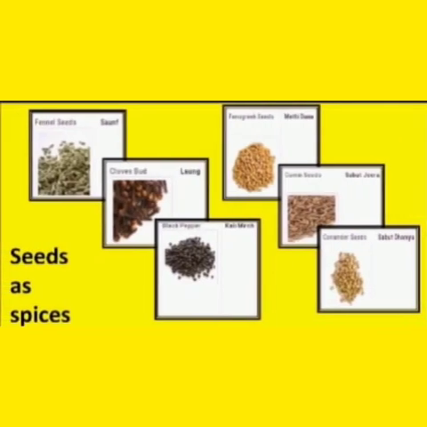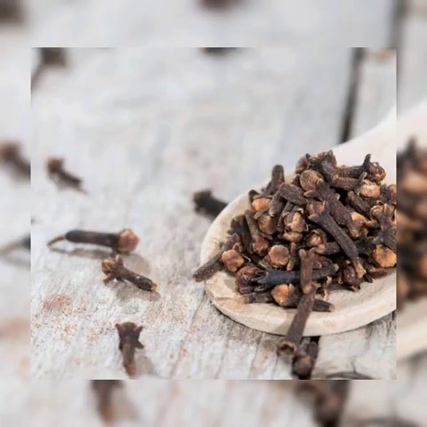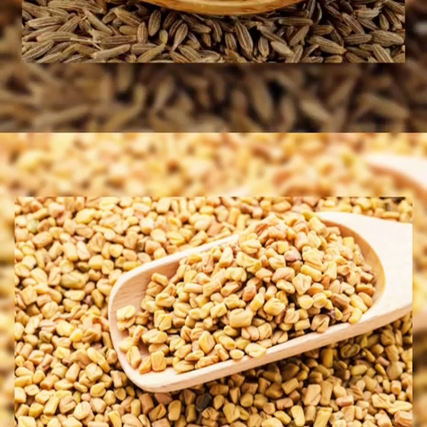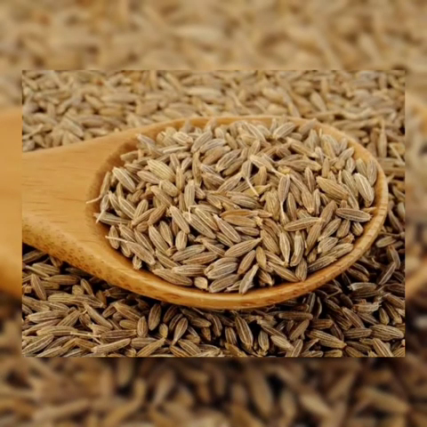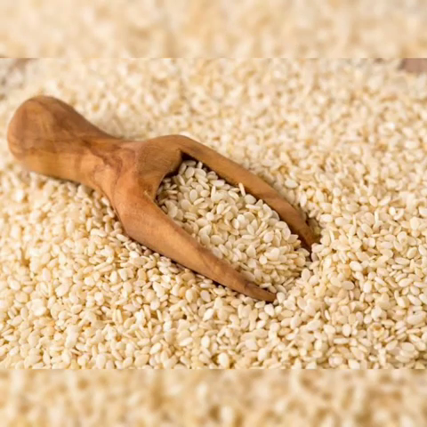So my dear students, moving to the next topic given in the chapter, there are many seeds used as spices in our day-to-day cooking. Apart from taste, they have many health benefits also. So come, let's have a look at some of the common seeds used as spices in our kitchen and also know their Indian name. We will start from fennel seeds, also known as saunf, cloves, that is long, black pepper, kali mirch, fenugreek seeds, that is methi, cumin is called zira, coriander seeds, that is dhania, and sesame, that is called til in our Indian languages.